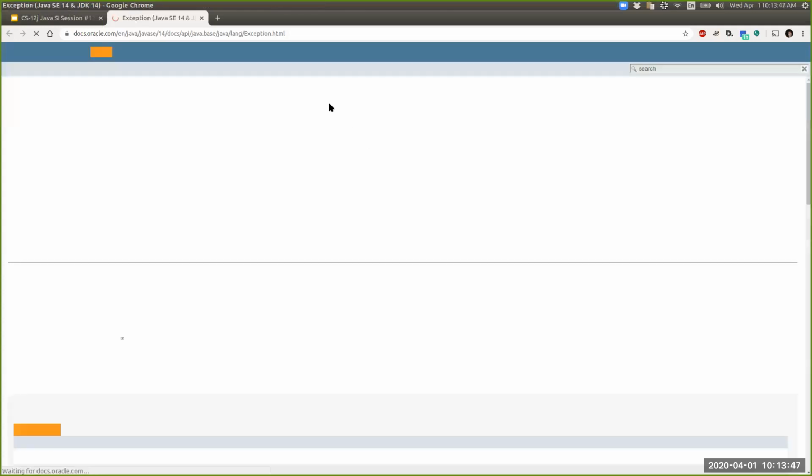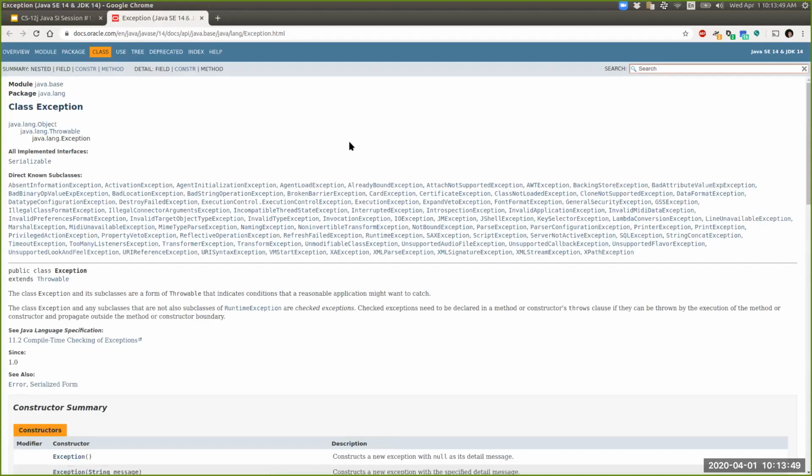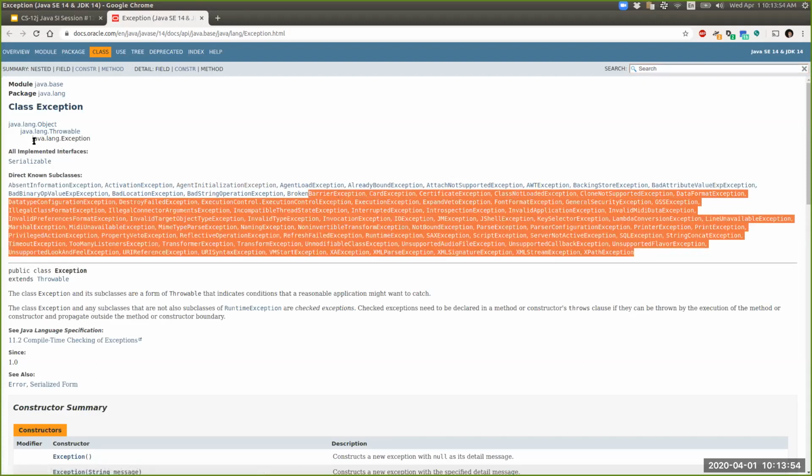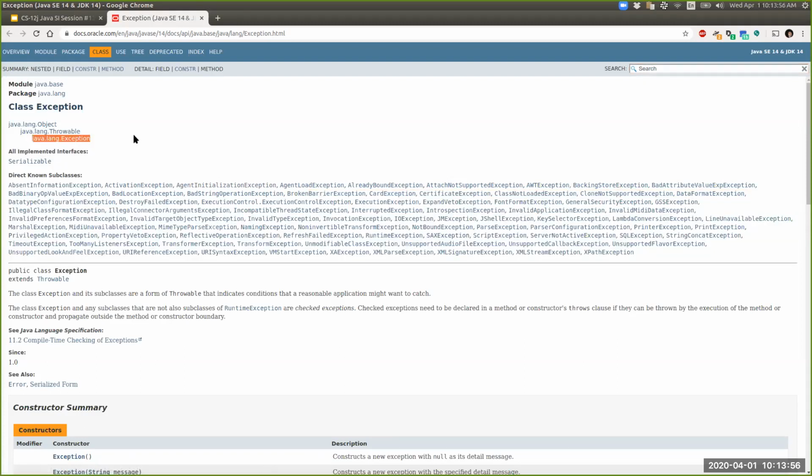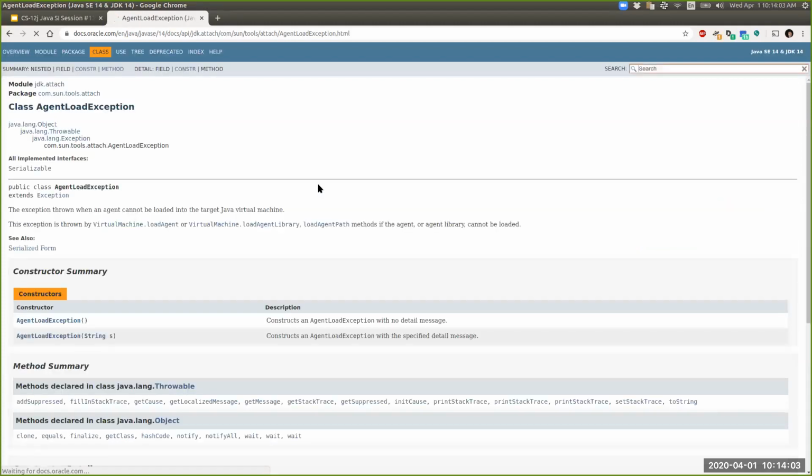So here's one of the exceptions. This is java.lang.Exception. For example, if there was an AgentLoadException, this is sort of virtual machine stuff, but maybe you wanted to use AgentLoadException as maybe you were